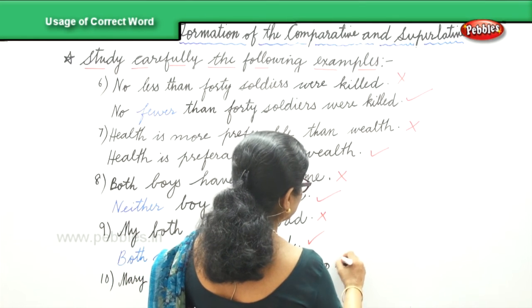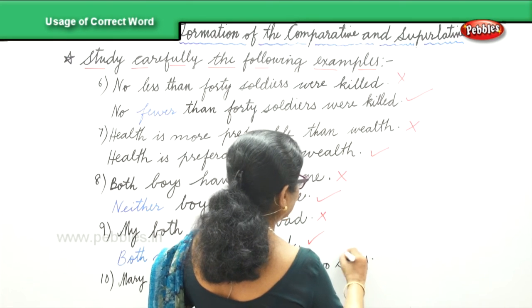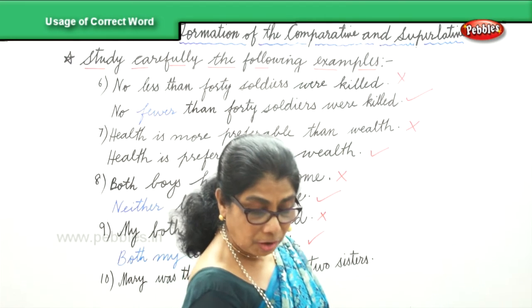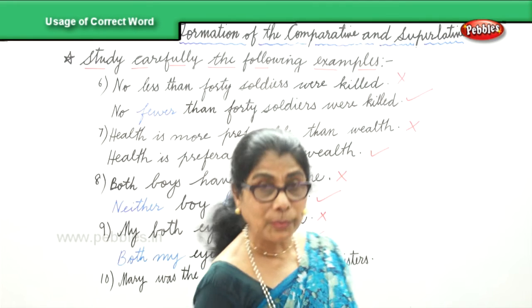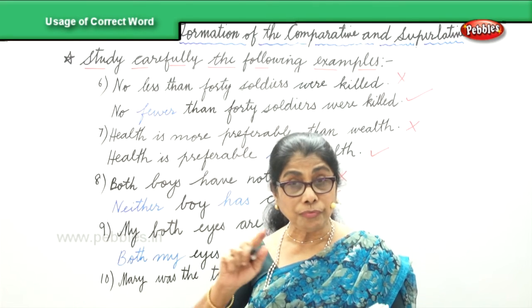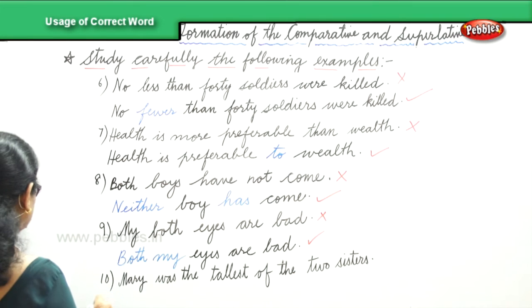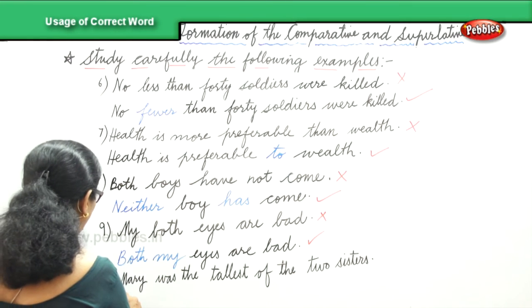Of the two sisters. Certainly, this is not the right way. What's the right way? Let's look at it. Mary was taller of the two sisters. Taller of the two. So, what the right way is, Mary was